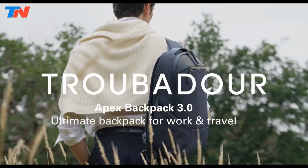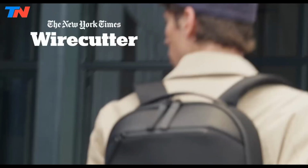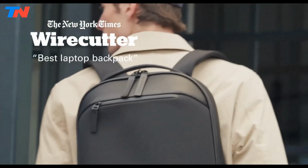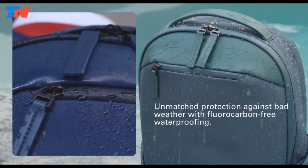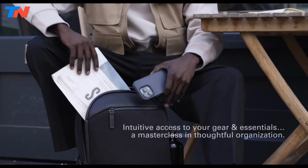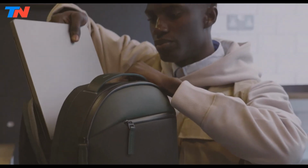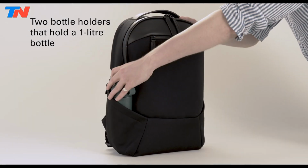The Troubadour Apex 3.0 is a premium versatile backpack ideal for professionals and travelers. Made from waterproof recycled polyester with vegan leather accents, it combines sustainability with durability. Its 25-liter capacity features a padded laptop compartment for devices up to 17 inches, multiple organizational pockets, and side-elasticated bottle